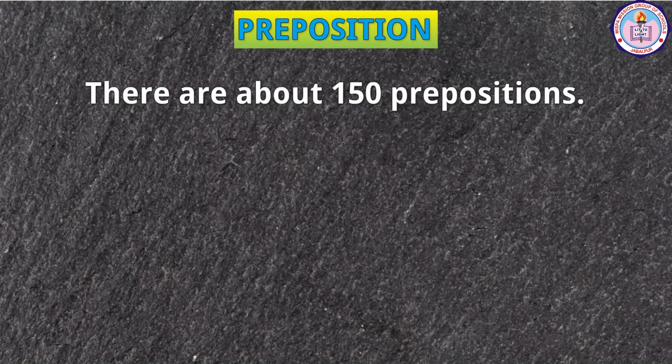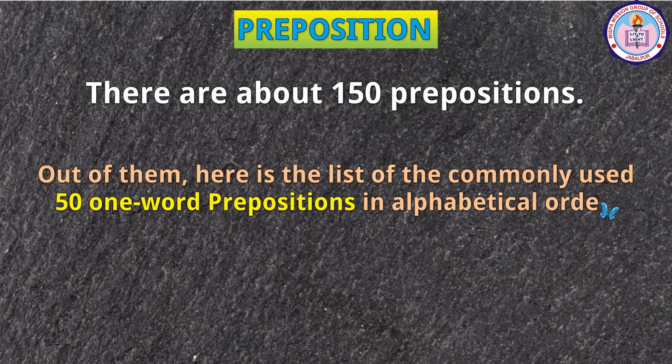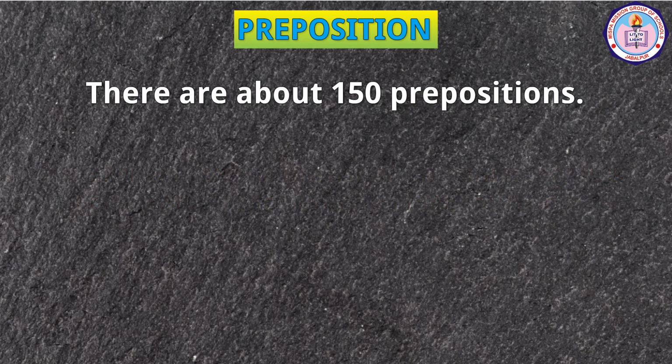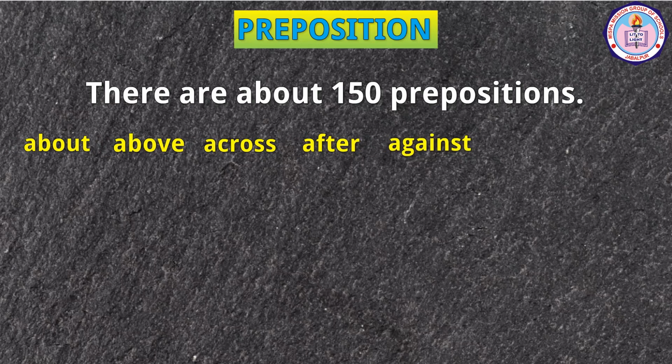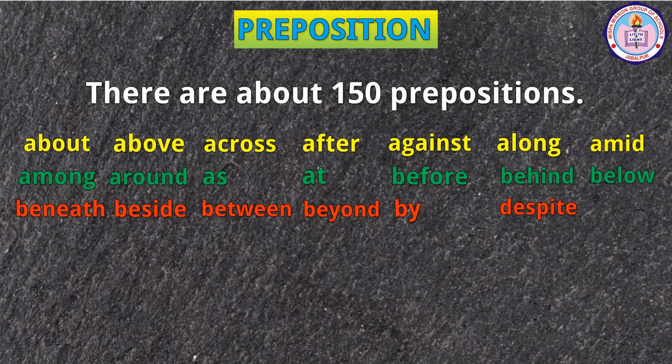There are about 150 prepositions. Out of them, here is the list of the commonly used 50 one-word prepositions in alphabetical order. About, across, after, against, along, amid, among, around, as, at, before, behind, below, beneath, beside, between, beyond, by, despite, down, during,